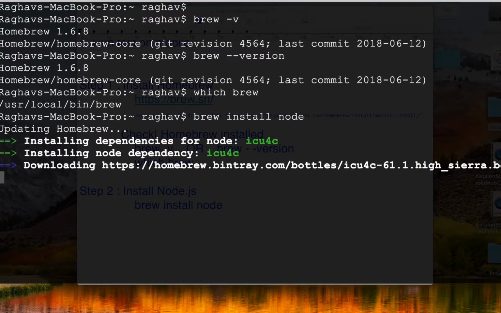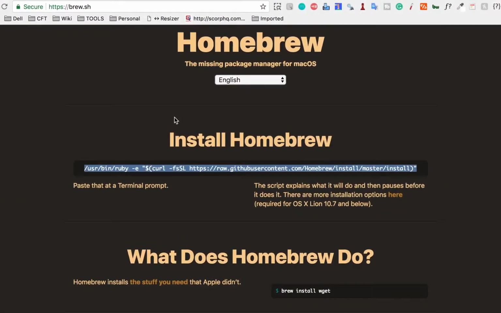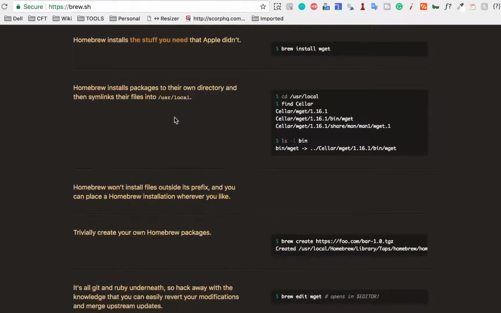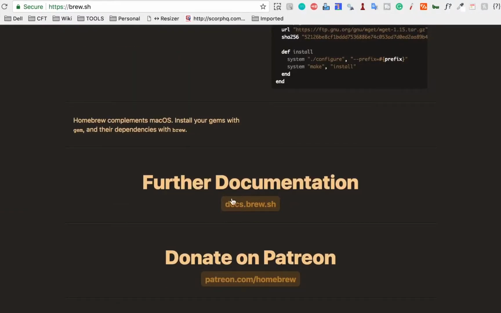So you can see whenever you do any installation through Brew, it will always update Homebrew first, and then it will start downloading the package and installing it. So you can see as of now it is now downloading, and then it will install. Also, if you go to the website of Homebrew, if you go to the documentation,